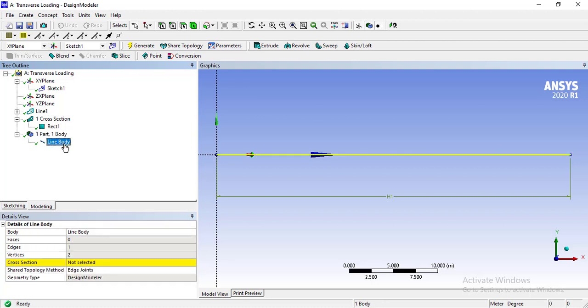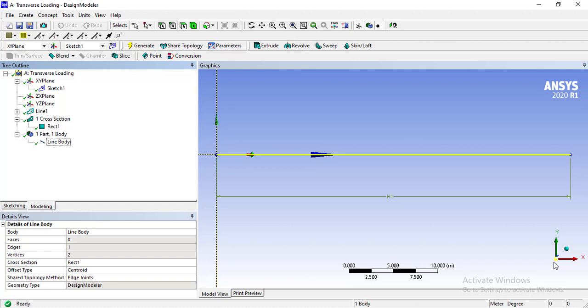Select it and go to the details. It is showing that you have to select the cross section. As we have created the cross section under the name RECT1, we will scroll down from here and select it. Up until now, our geometry has been created.